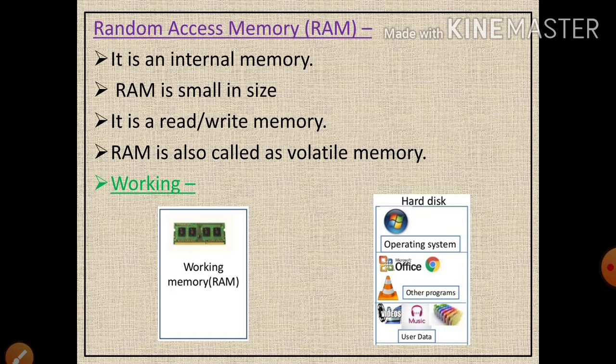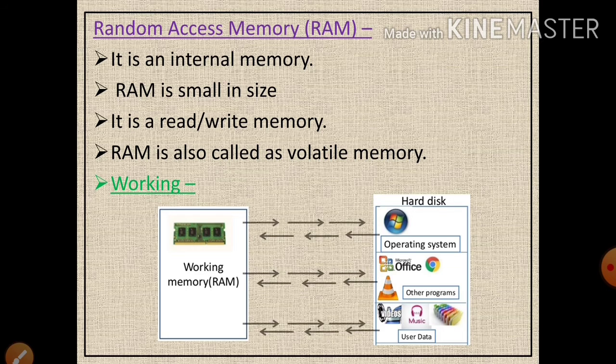Along with these, RAM also stores files and data of certain applications or software that the user uses on the computer. It means the larger the capacity of RAM, the more will be the processing speed of the computer. Here I have shown that whenever we are working on a computer, the data is getting shifted to RAM, and when we switch off the computer, that data is put back on the hard disk drive.